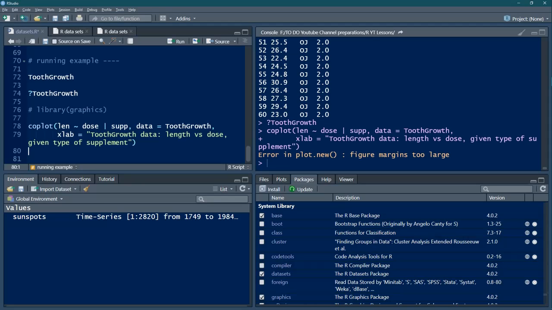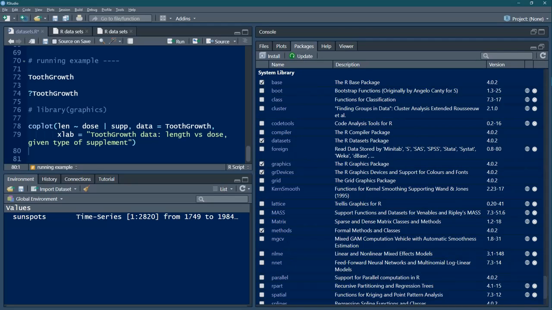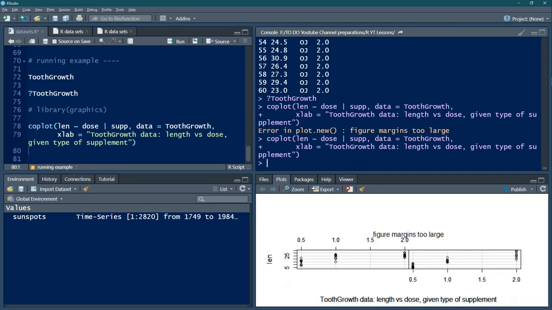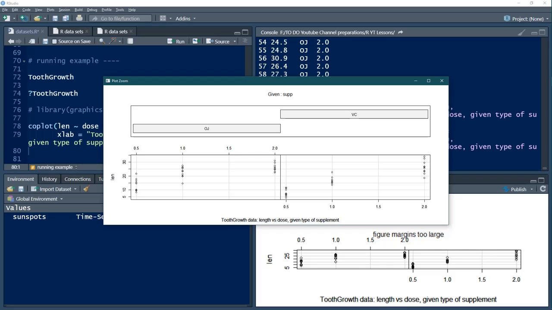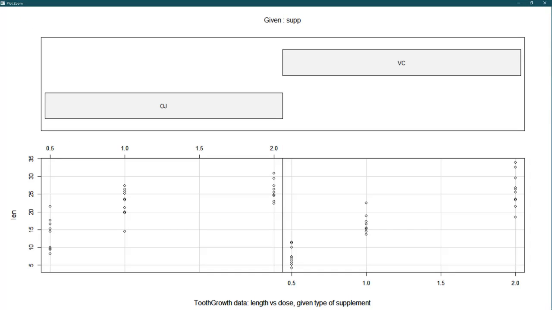Figure margins are too large because we don't have the requisite height here. So let us try this once again. We are getting it. So let us zoom it. Here we are able to see this better.